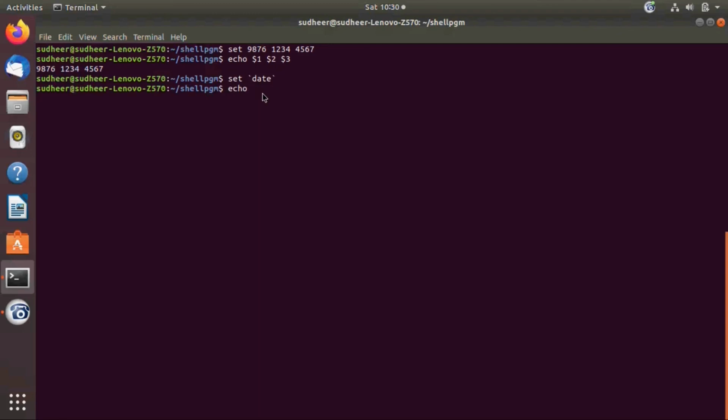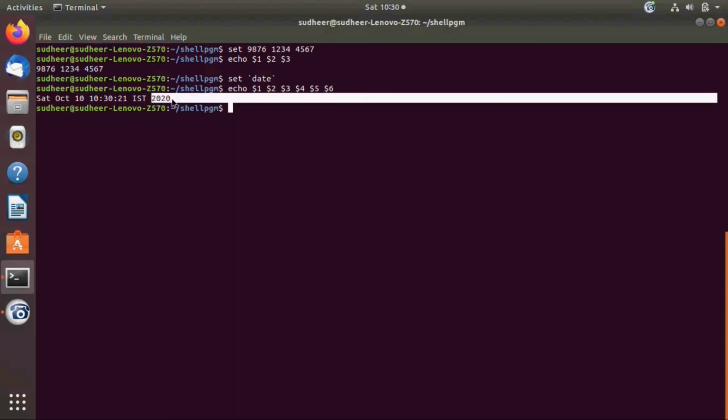Echo $1, $2, $3, $4, $5 and $6. See, these are the values assigned to these parameters. $1 is Saturday, $2 is October, $3 is 10, $4 is time, $5 is IST, and $6 is 2020.